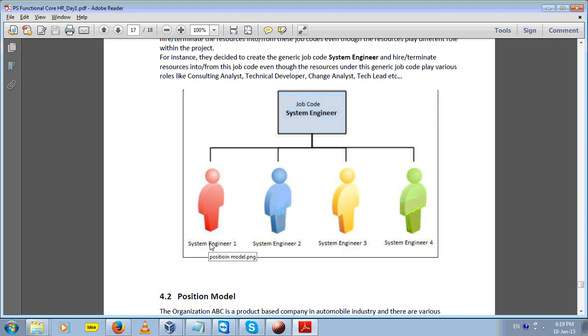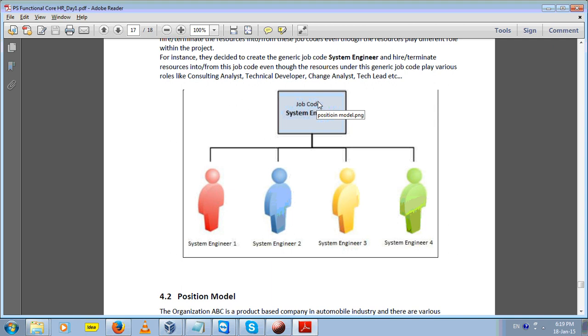Though they have different roles in the project, their designation in the company is the same. It is system engineer or senior system engineer, right? So they will create a generic job code, system engineer, and they will hire resources in the same job code,